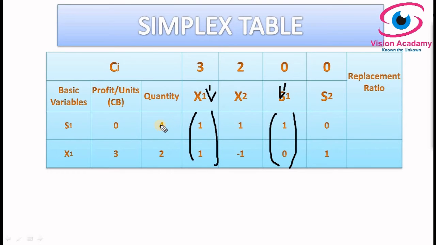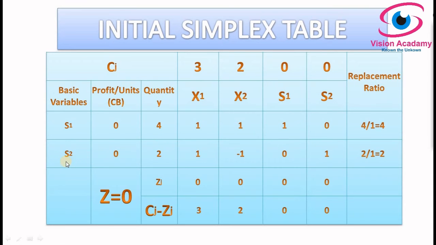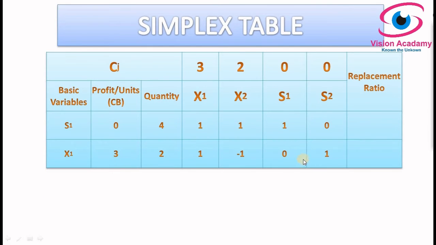For that I will consider the column corresponding to x1, which must form the identity matrix like 0 and 1. Since there is already a 1 0, it must be 0 and 1. So in this column I have considered the s1 row values 4 1 1 1 0, the same values, and in place of s2 there is x1, so the coefficient of the basic variable also changes, that is 3, except that the other elements are the same. Now I have to make the other element in the column of the key element, that is x1, 0. In this case its value is 1, this a11 is value 1.